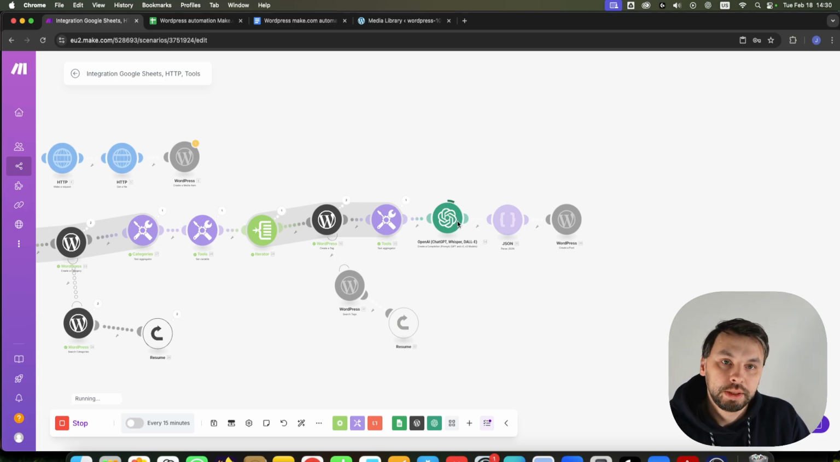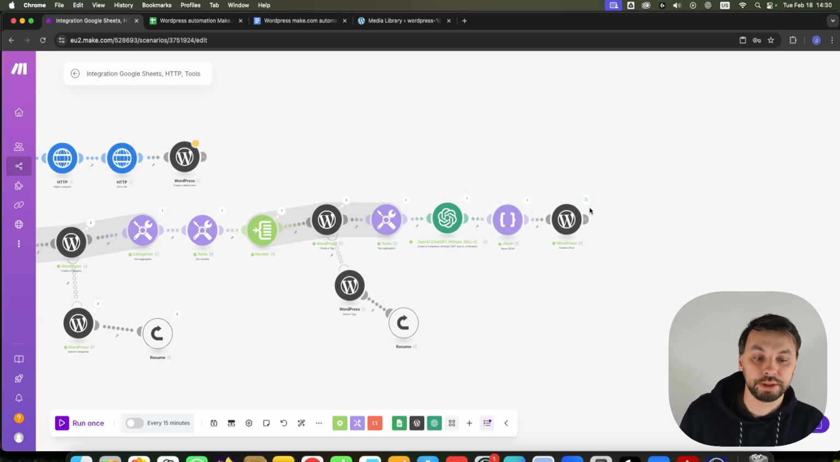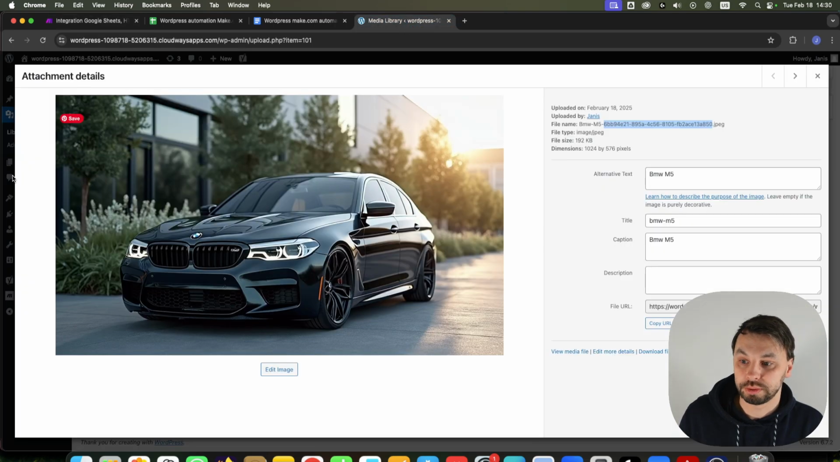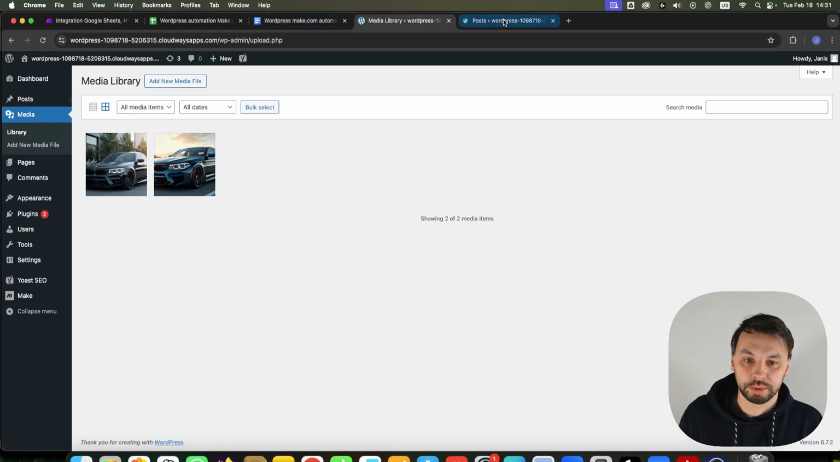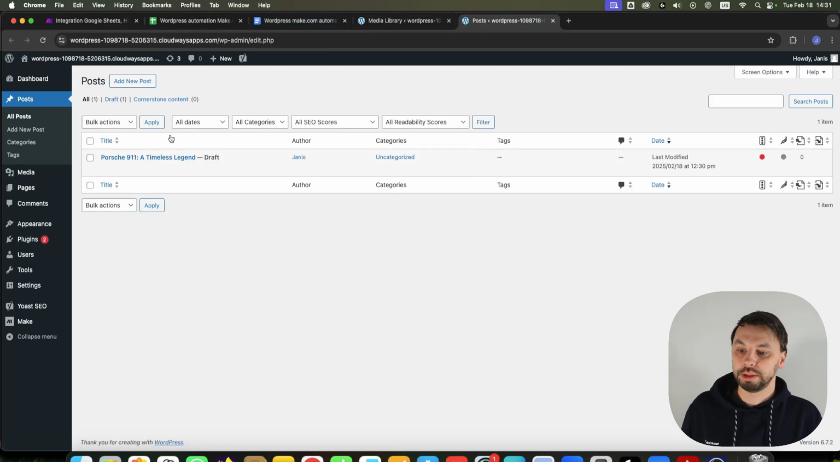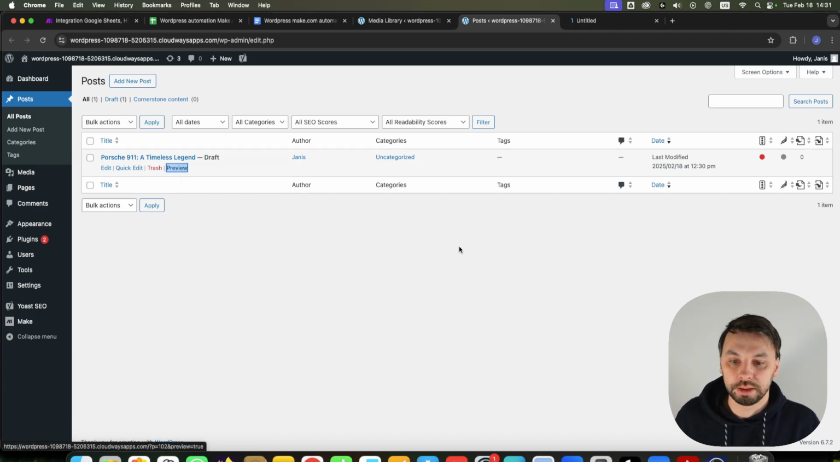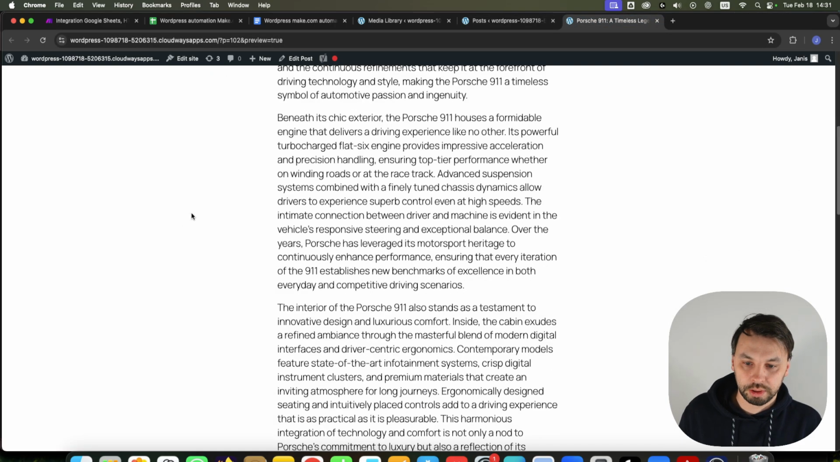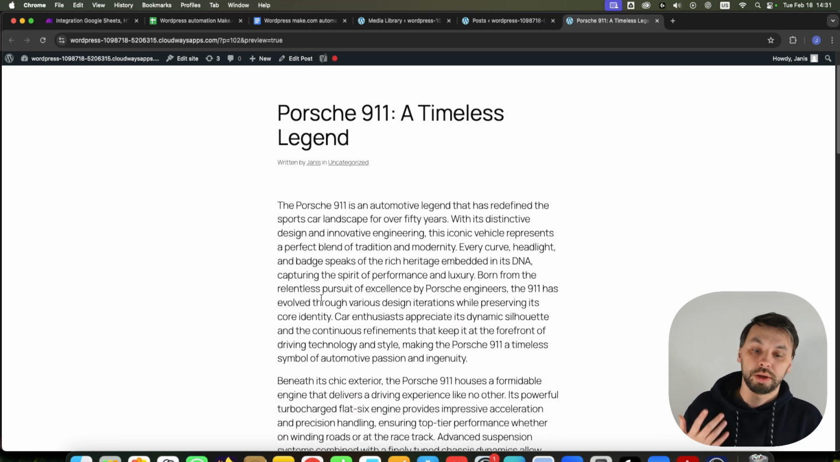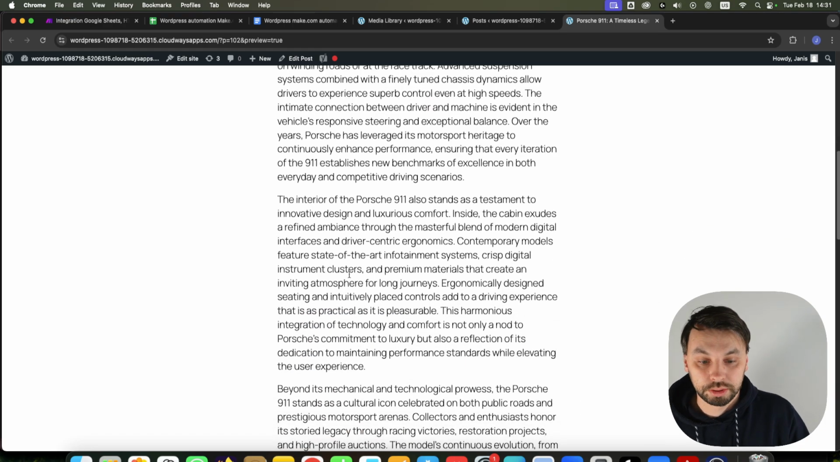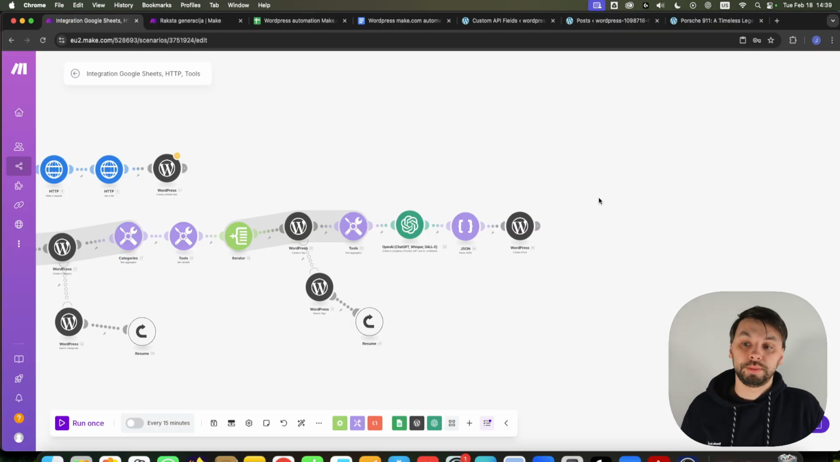Now it's writing the article for us, parsing the JSON, and creating the WordPress post. Let's head to WordPress. Posts, all posts, I'm going to open a new tab. And here you can see we have a Porsche 911, a timeless legend. Let's click preview. So here we have a 4 paragraph article. So, okay, let me show you how to update tags and categories to add multiple tags and multiple